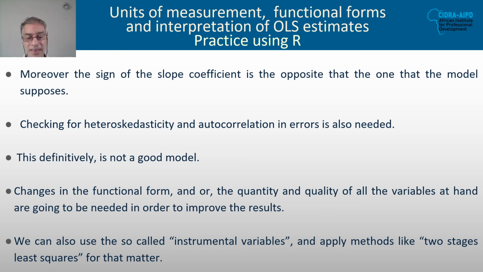But many things have to be done in order to improve this linear regression model that doesn't give us the results that we are looking for. Moreover, the sign of the slope is practically the contrary of the one that the model presumes, that we suppose we're going to get. If you get a better model, don't forget to check for the behavior of the errors, and don't